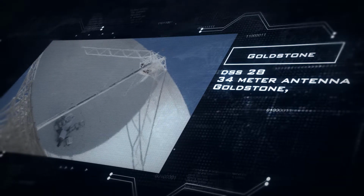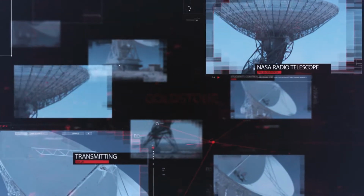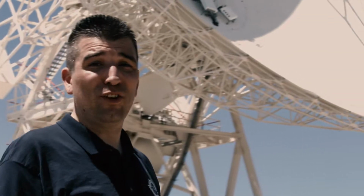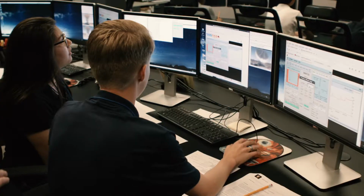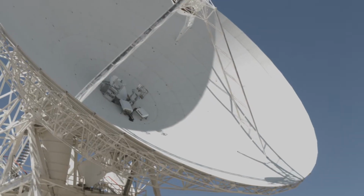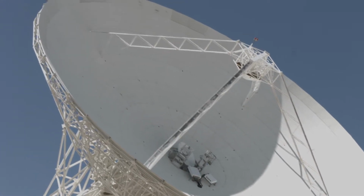We work with a maybe 20,000 ton telescope that is here in California, and we get to move that. This is DSS-28, our 34-meter antenna that students use from the comfort of their classroom to look into the universe. For a lot of the students, when they push a button in their classroom and they're watching the video of this huge radio telescope and it starts to move because they made it move, that moment is when they suddenly